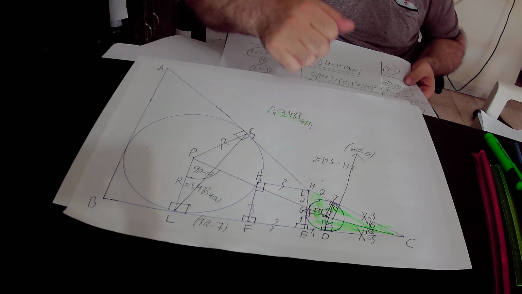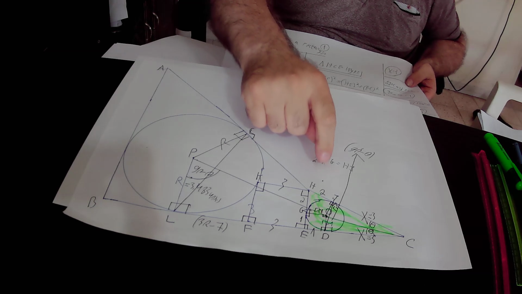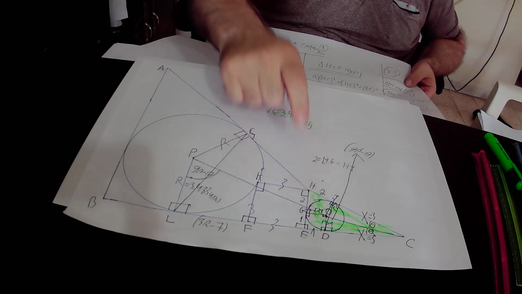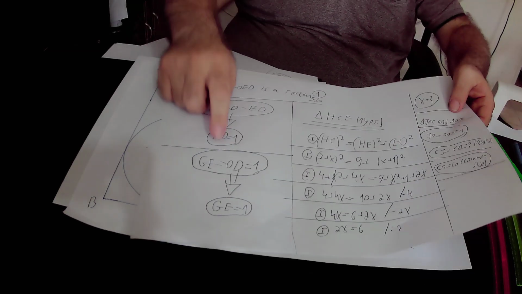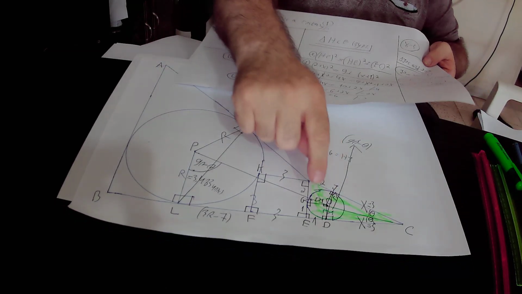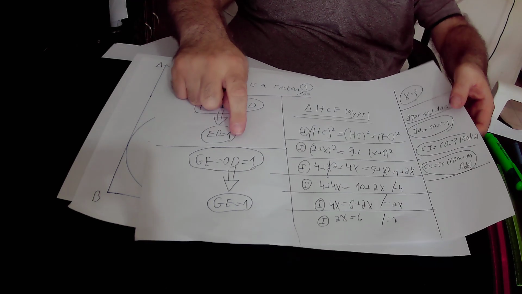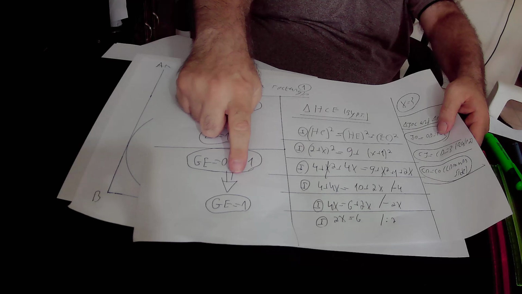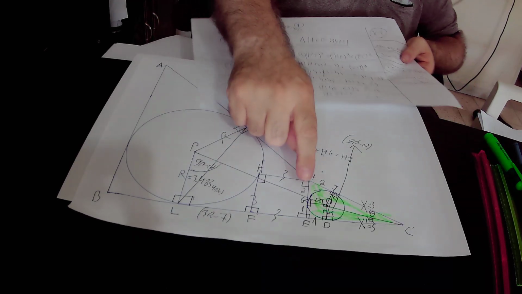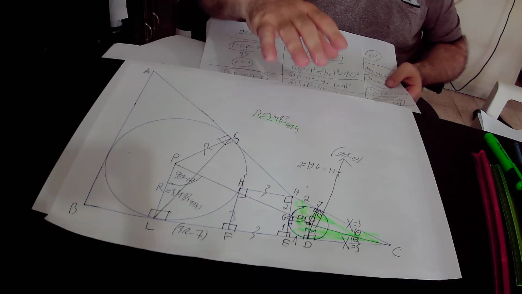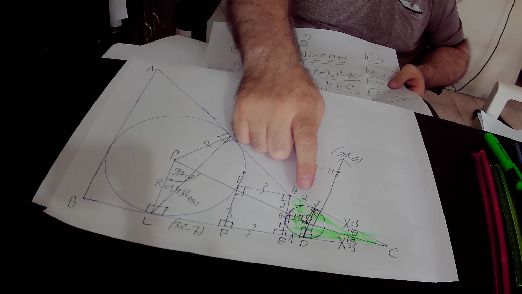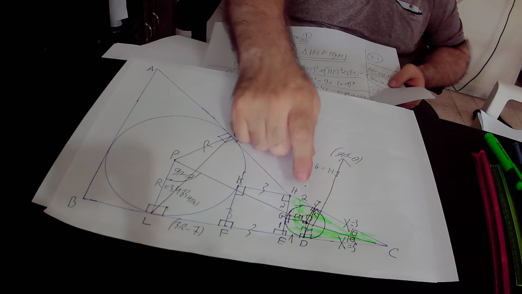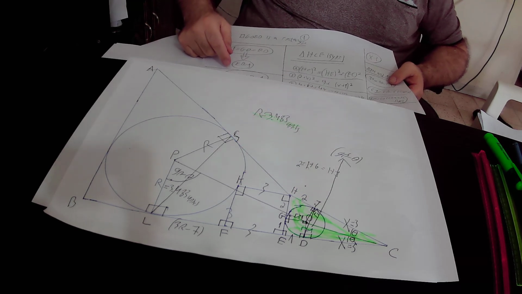Likewise, according to the same rule that the opposite sides of a rectangle are equal to each other, we get that OD equals GE. OD equals GE, but here OD equals 1 unit, it is the radius of the circle. And from this equation, GE equals OD equals 1, we derive that GE is also equal to 1 unit. So we actually found out that quadrilateral GOED is not just a rectangle, but a square, because all of its sides are equal to each other, they are equal to 1. Okay, then